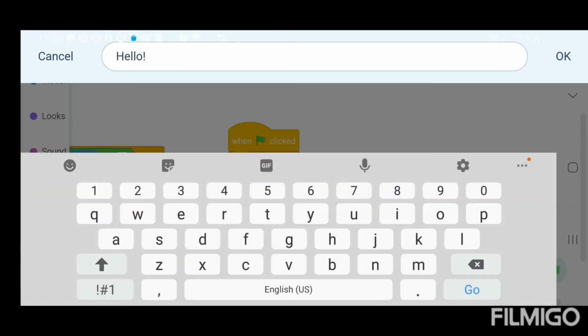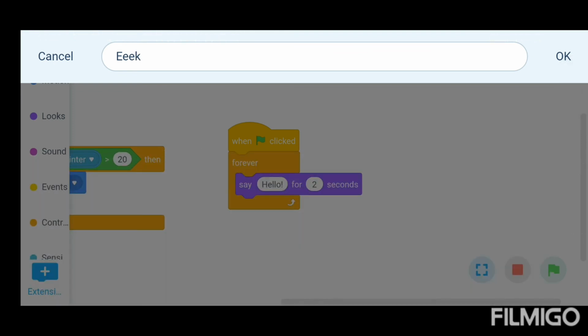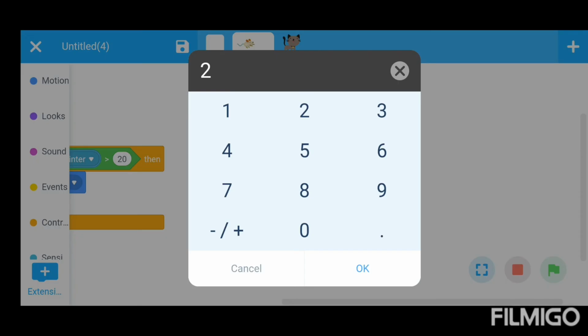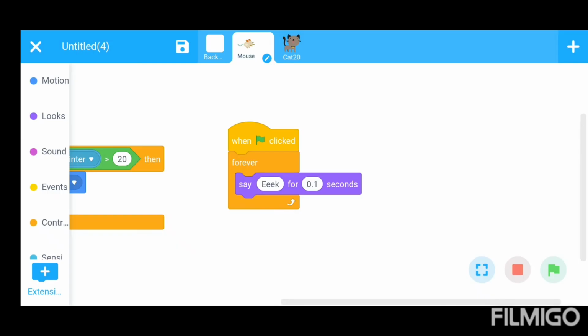Replace hello with eek. Also replace 2 seconds with 0.1 second or 0.25 as we want.